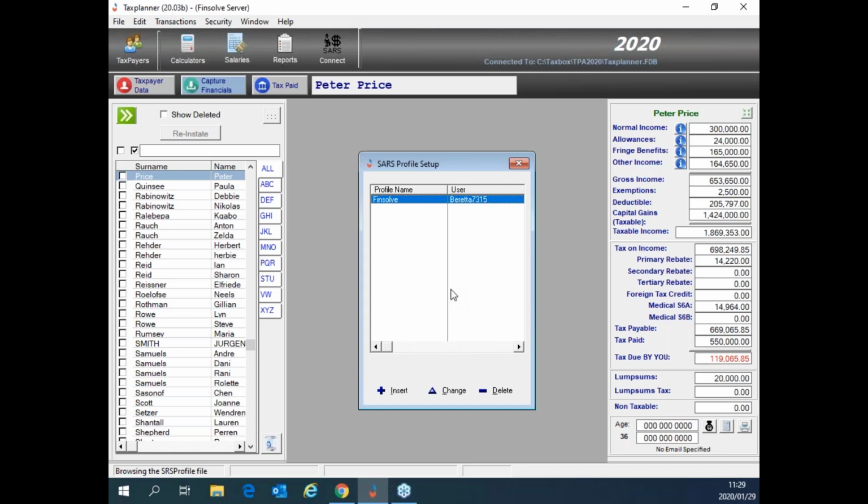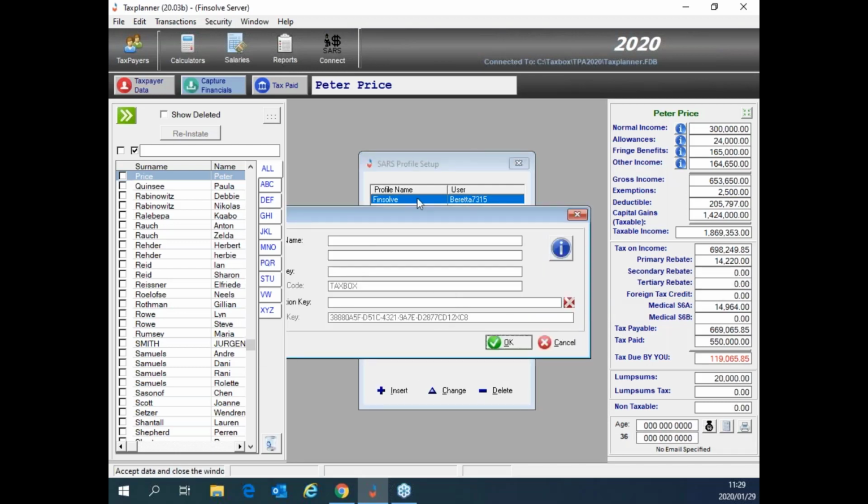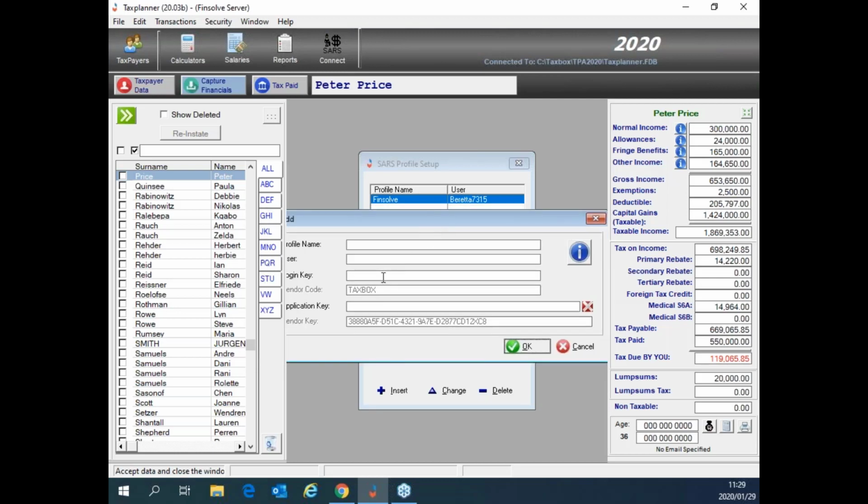So in your case, you will insert it, and all this information will need to be supplied for your company to be linked to the vendor code of TaxBox. So the profile name is more or less your company name. Let's say new hot bar,